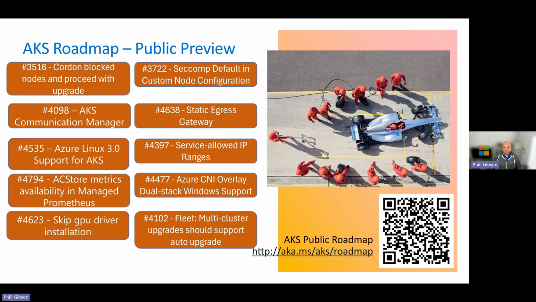After that, we have the Azure Linux 3.0 support for AKS. This is available with Kubernetes 1.30, and this will move to also the 1.31 version as the default image. This will also be available with ARM64 and FIPS images. And this is tracking for Q1, so it's going to be here soon.